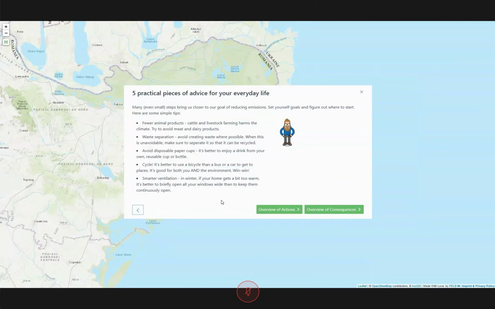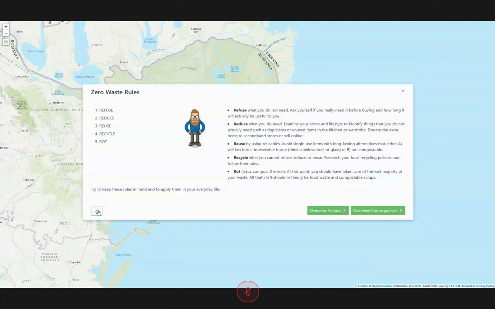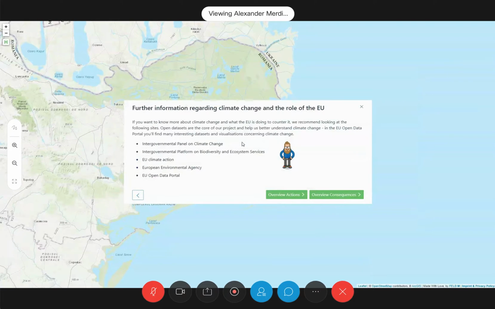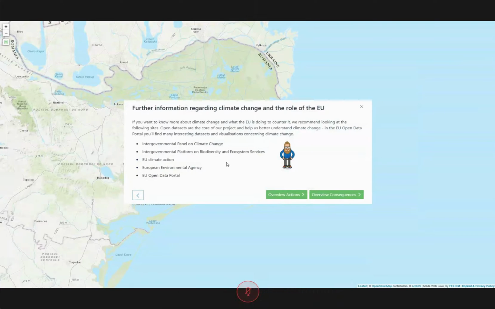We have some more practical examples linked here, some zero waste rules here. And of course, further information is available from different official institutions and websites that provide scientifically sound and checked data. For example, the European Environmental Agency, or we took a lot of data from the EU Open Data Portal.